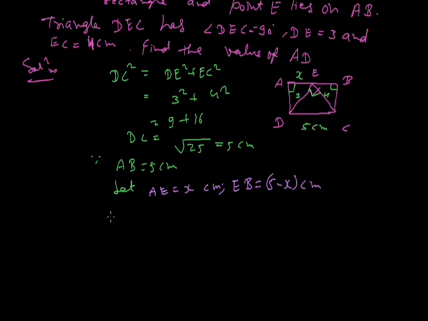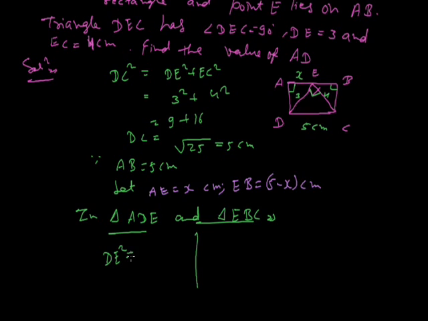Now in both the triangles ADE and triangle EBC, we are going to use Pythagoras theorem, because angle A is equal to 90 degrees and angle B is also equal to 90 degrees. So these triangles are right angle triangles. That's why. So first in triangle ADE,